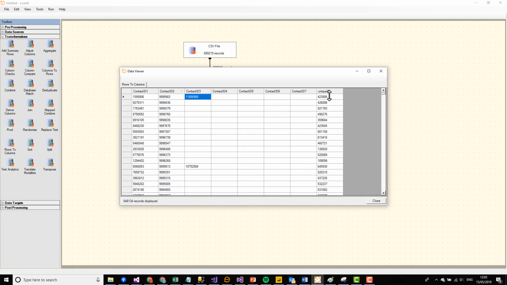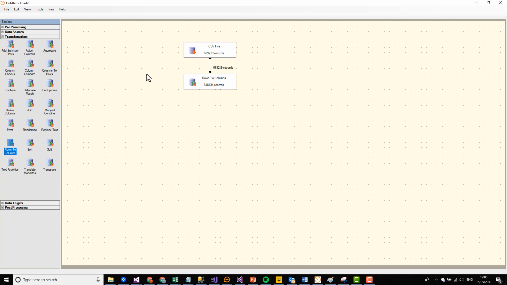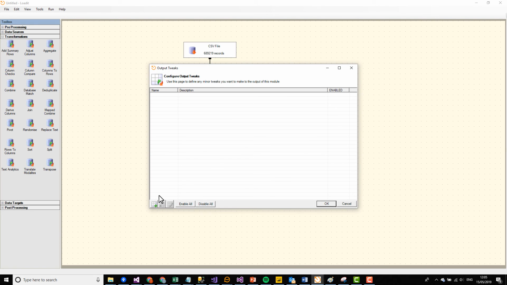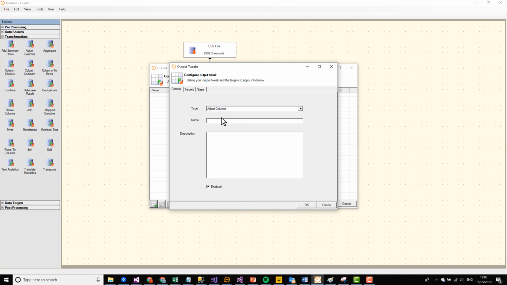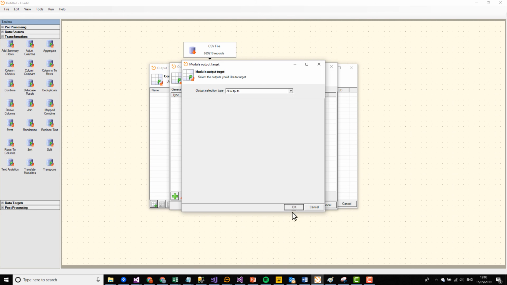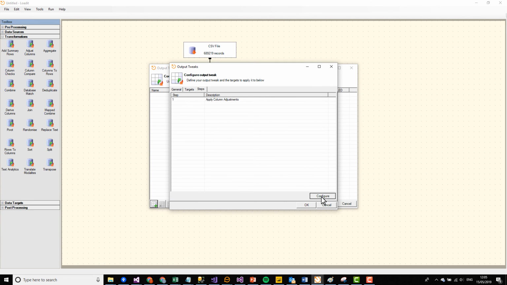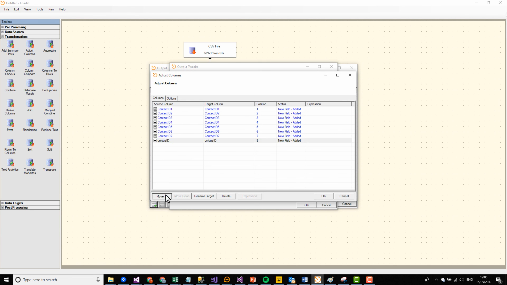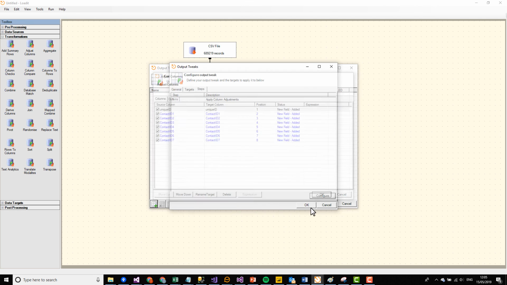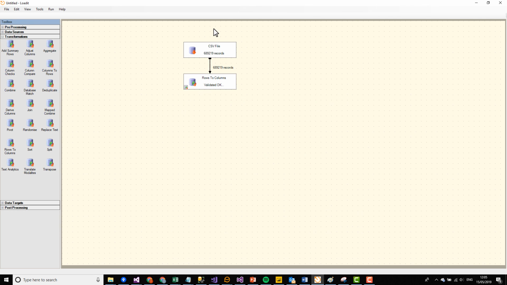You might have noticed that unique ID is appearing on the end here, and so if you do have a specific column ordering that you need, you can use the adjust columns module here to reorder those columns, or better still, and it's a bit neater, we can add an adjust columns output tweak. So move unique ID, so let's just give that a name. We'll attach that to here, and we can configure the unique ID column to move it up to the top there. So when that's done,